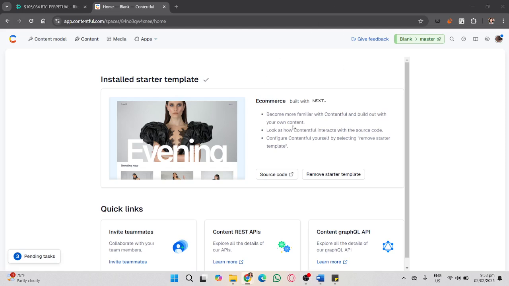In this video, I'm going to show you how to use Contentful with React. Contentful is a headless CMS that allows you to manage and deliver content across multiple platforms. And React is a popular JavaScript library for building user interfaces. In this guide, we'll walk you through how to integrate Contentful with a React application to fetch and display content